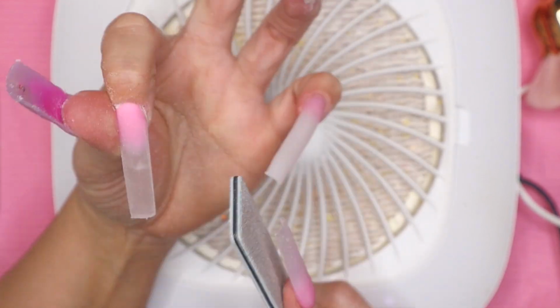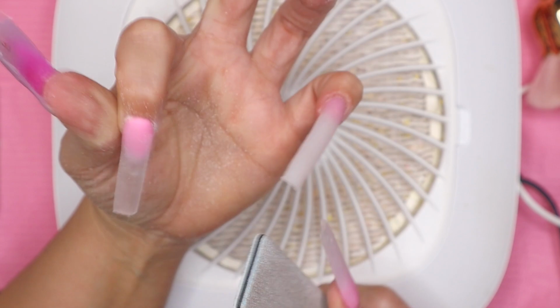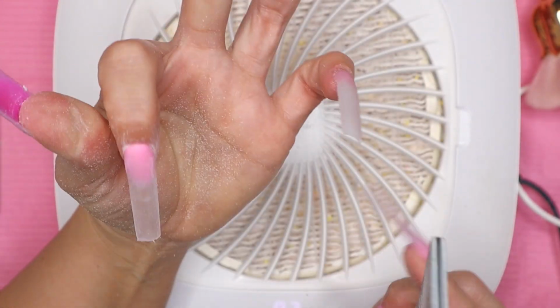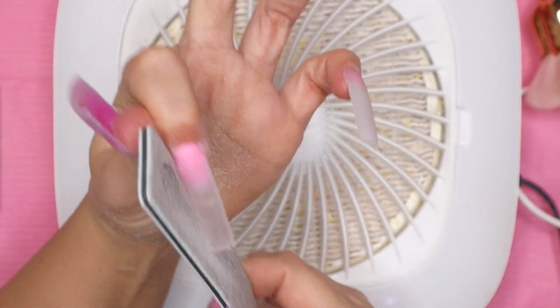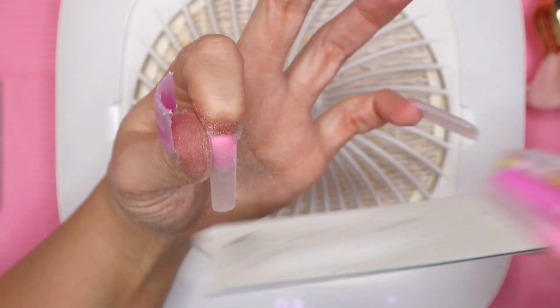To shape up the nails, I'm using my 100-180 grit hand file, and I'm taking the bulk off the sides of the nail right now. I'm holding my file straight and alternating sides and filing them until I'm satisfied with the overall width of the nail. And then I kind of angle my file in towards the tip of the nail to get that tapered square